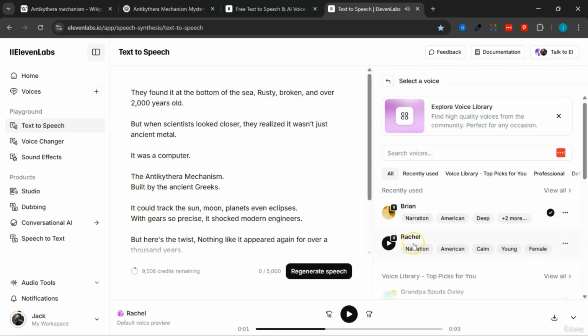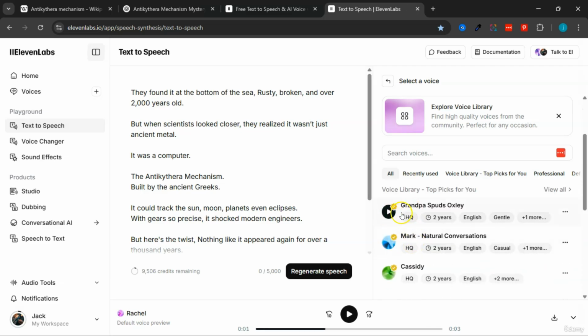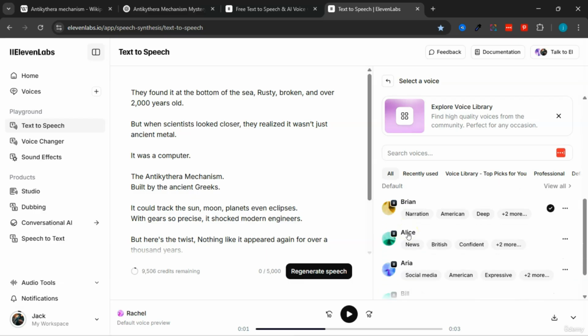So this is a female voice right here. And they do have other voices right here, but I feel you need to sign up for one of the plans to use some of these voices right here. But they do have free voices like these right here. Alice, Aria,